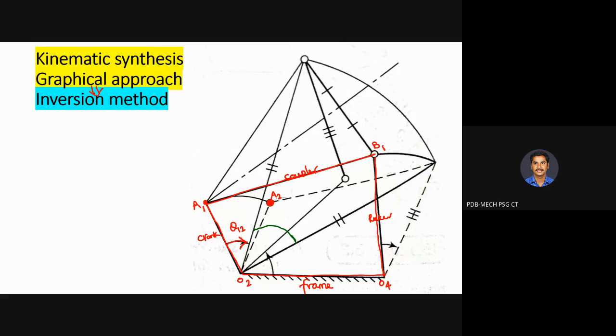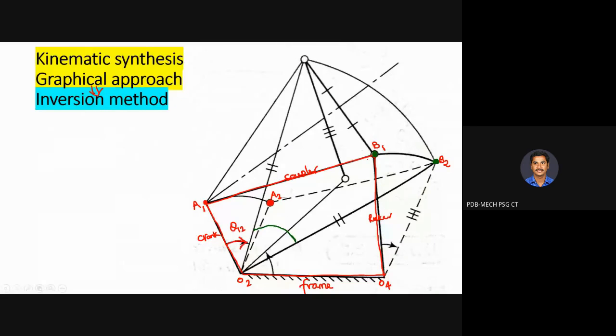Now tell me, where is your point B1? B1 is here already. Because of the rotation of the crank, your B1 is also going to rotate to some other location. So let it be B2. This is the final location of your rocker. The initial location of the rocker is B1. So when the crank is rotated through theta 1, 2 angle, 40 degrees or 50 degrees,